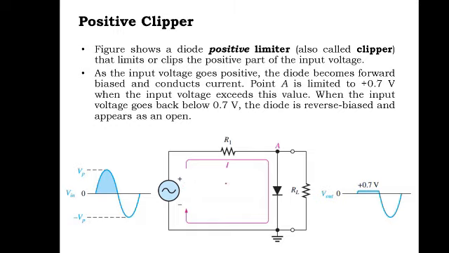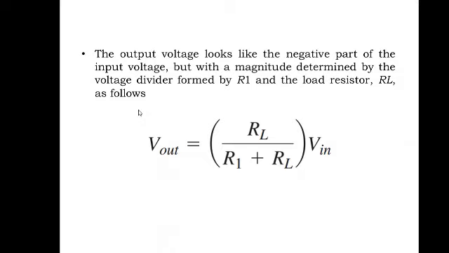During the negative half cycle of the supply, the diode will become reverse biased. That means the diode will appear to be open to the load resistor. The output during the negative half cycle will be the same as the input. That is what is presented here. Have a look at the equation for the output voltage. It is a very straightforward equation. If you look at the circuit, it can simply be treated as a voltage divider. The equation presented here is the voltage divider equation: Vout equals RL divided by R1 plus RL, times Vin.